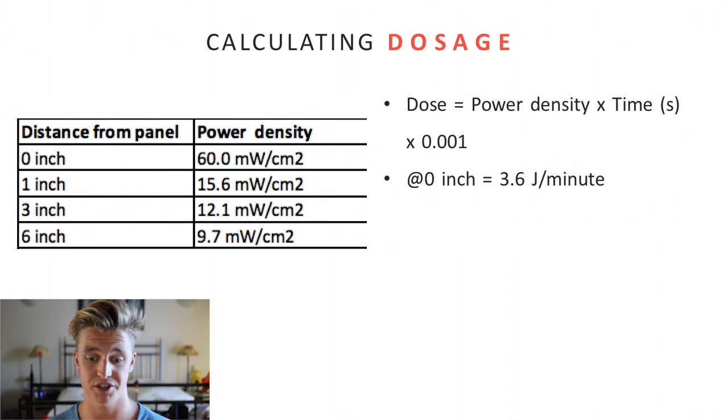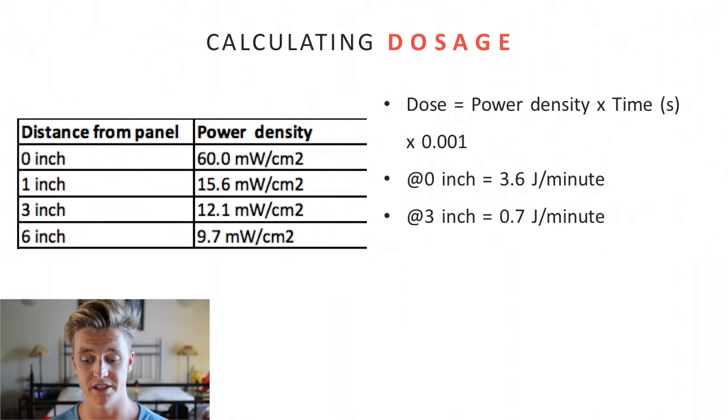Then if you went at 3 inches, same formula, but then instead used 12.1 milliwatts, you would get 0.7 joules per minute. Now, where this becomes really important is, you might look at 0 inches and say, okay, you're getting 3.6 joules per minute, and if you want skin benefits, 3 joules, you only need to sit in front of it for a minute. But what's really important to understand is that you want to kind of draw this out,